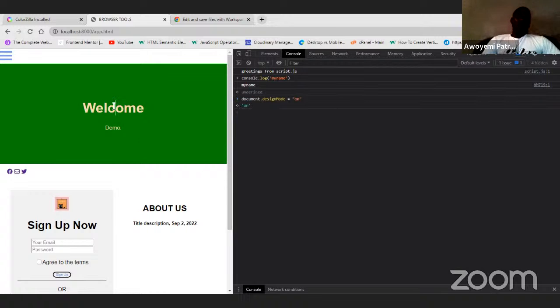So now I can do whatever I want to do here and just see how it works. Any part of the page, I can edit it, I can work with it comfortably without